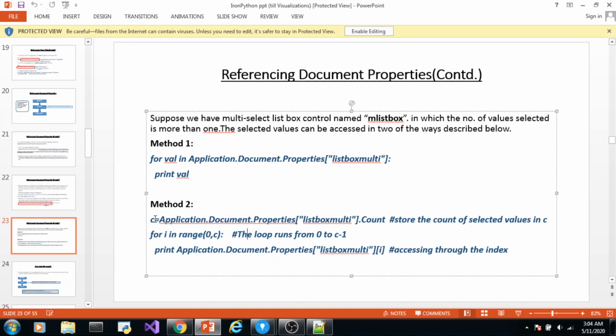Now one more thing here. This is returning a list of values. You can go to the Python documentation, see the documentation on list in Python, and see what all methods and properties are applicable on a list in Python. Those properties can be used on this list of selected values.